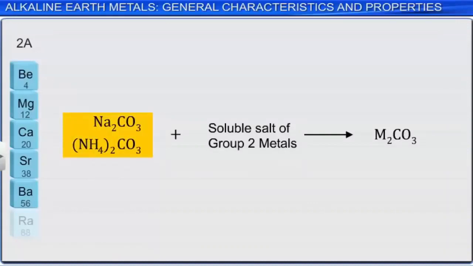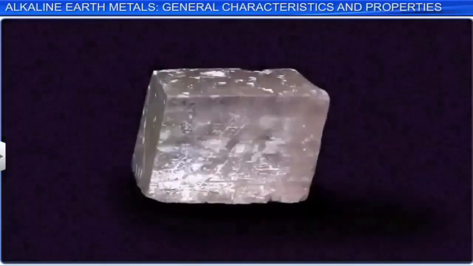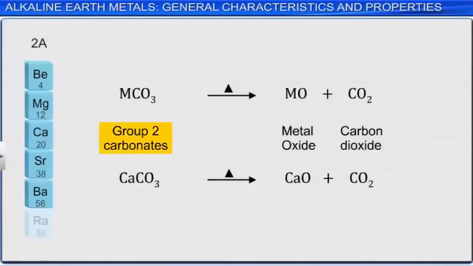The carbonates of the group 2 metals are insoluble. They can be prepared by reacting soluble carbonate salts, such as group 1 or ammonium carbonates, with soluble salts of the group 2 metals. One such reaction is shown here. A photograph of the mineral calcite, a naturally occurring form of calcium carbonate,